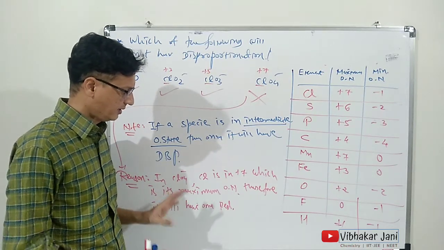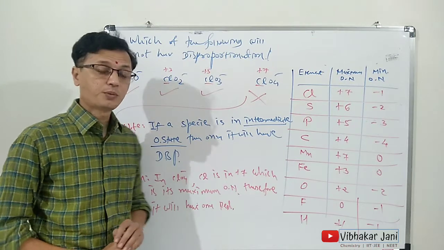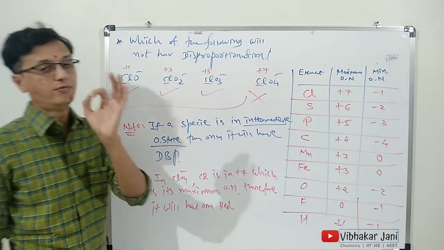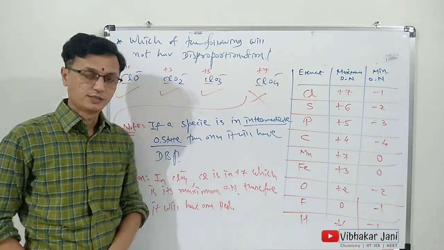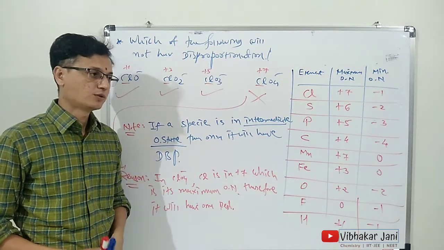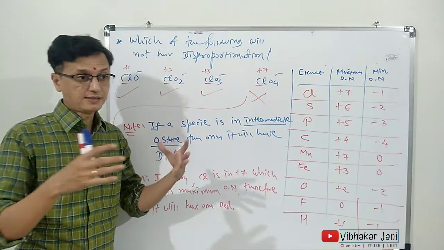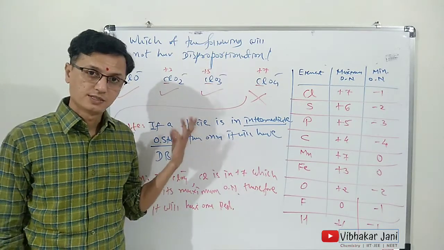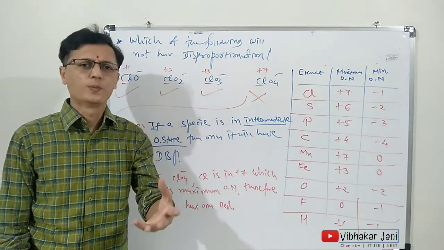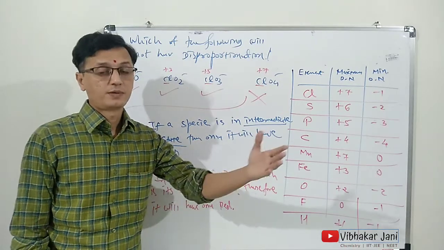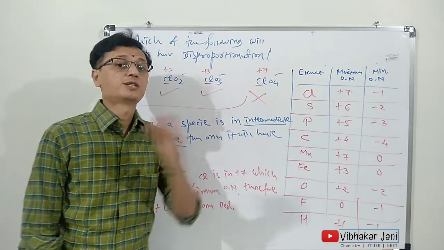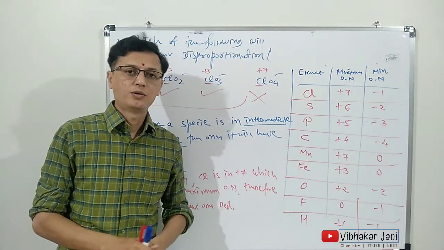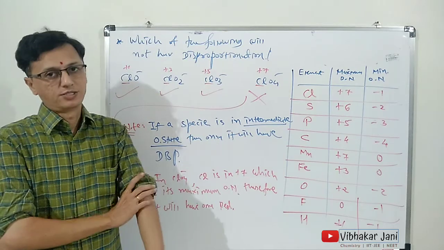So, this is what disproportionation is. In this video, we have discussed only one word, which is disproportionation. A very important word. There are so many questions which are asked in previous examinations of JEE and NEET in which disproportionation is used, and this reaction is also useful in many chapters. In organic chemistry also, there is a reaction known as the Cannizzaro reaction. We will learn about it in future lectures.